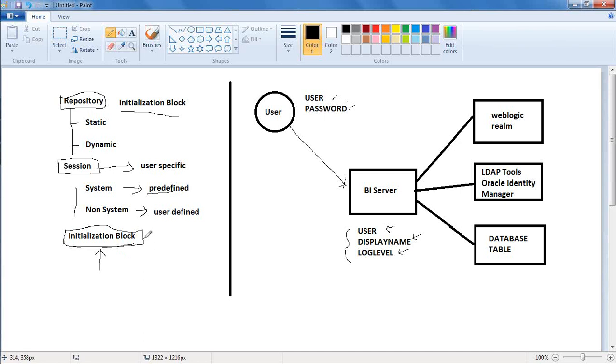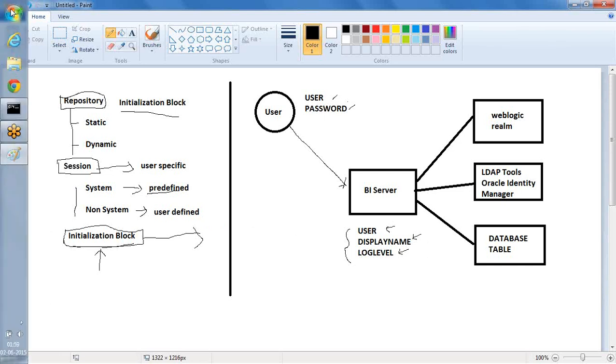So inside this initialization block process, because we know that whenever a user logs in this will get executed, we will go and get the data from this database table. We write our own logic to pull the data from the database table that is available in the database and assign it back to the variables. So simply, whether the user login is a success or failure depends on whether my system variables are assigned with the values or not. All right,